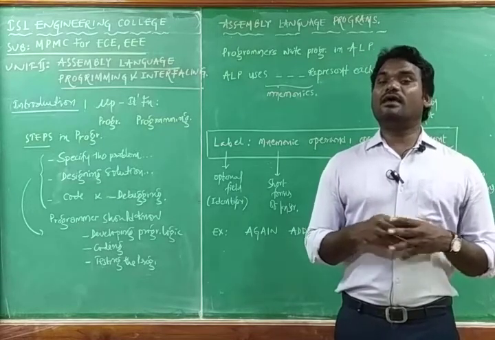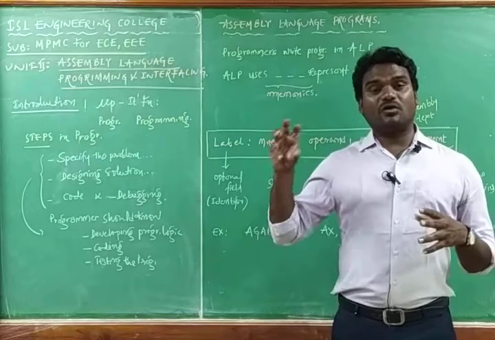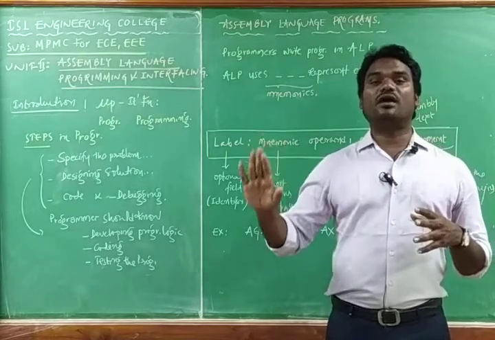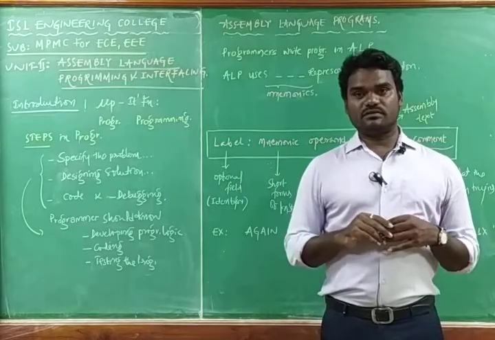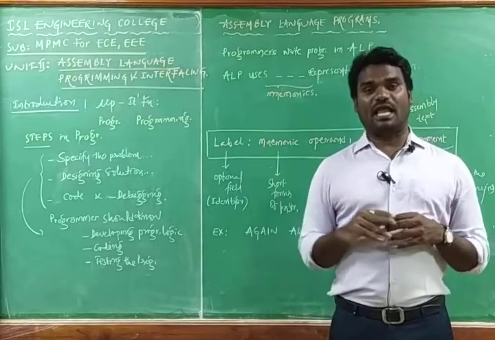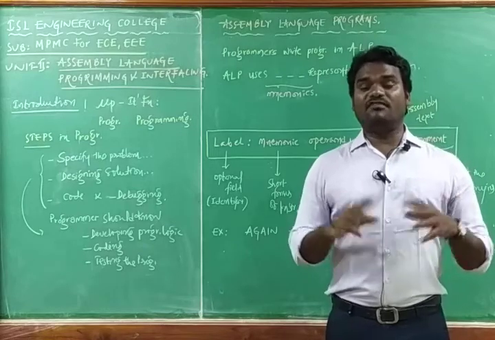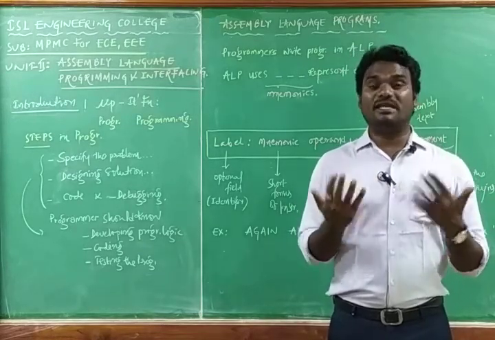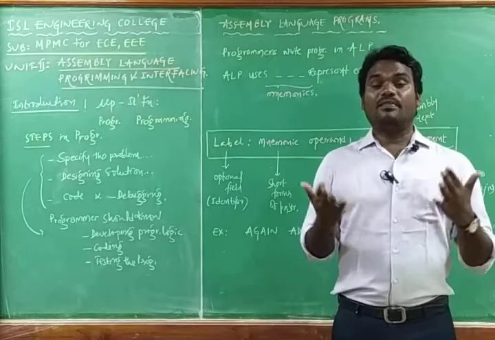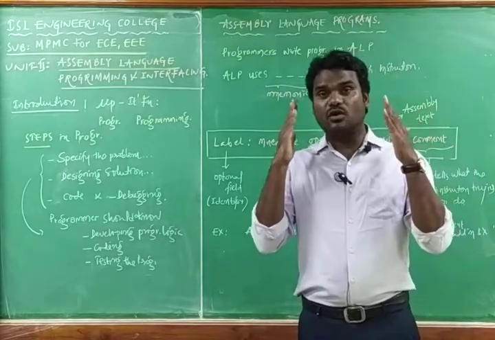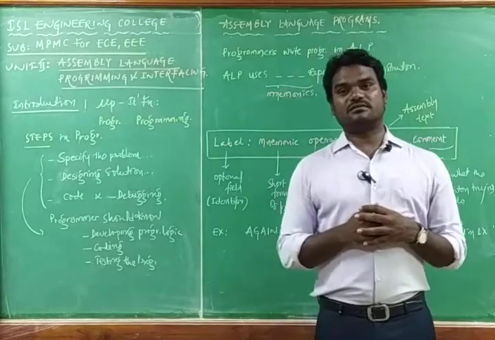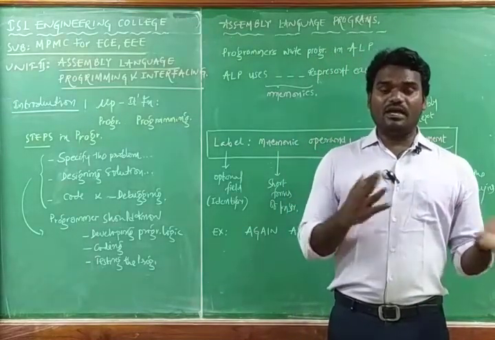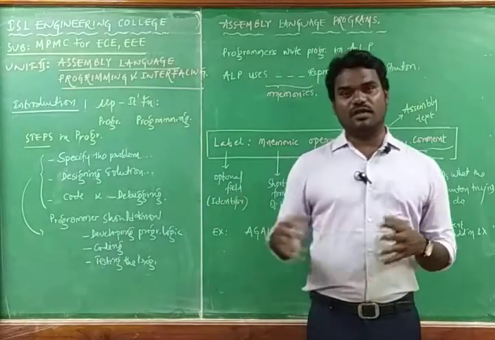But here in the microprocessor, the language it can understand is called binary language only. It understands only machine language. If a programmer wanted to write the program in machine language or binary form, he has to memorize many instructions. Practically it can't be possible, because binary form is represented with zeros and ones only.